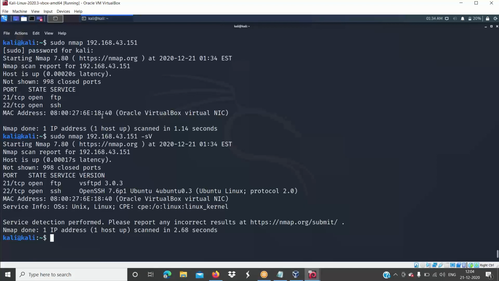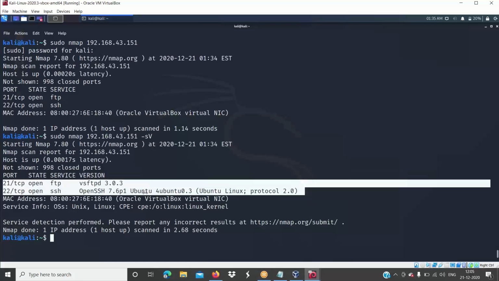You can see the first one is running VSFTPD 3.0.3 because we installed the VSFTPD server, and the next one is OpenSSH 7.6 P1 on Ubuntu system, right? So let's say these two ports are open for transferring files from the local system to the server.